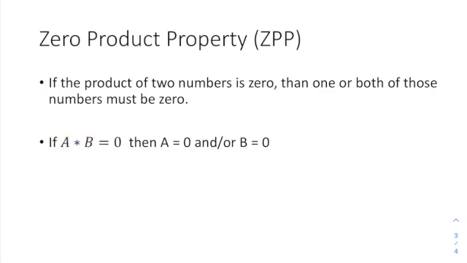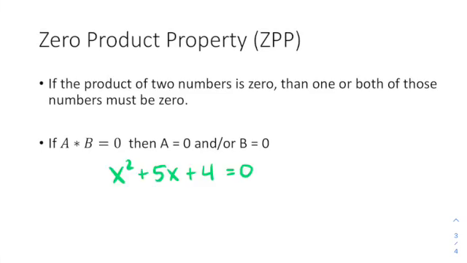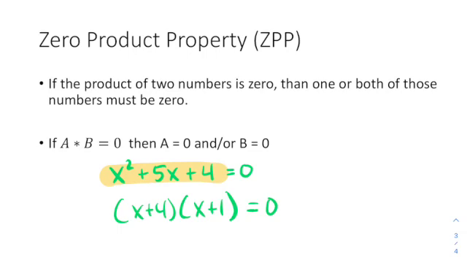So this may seem like a "so what" property, who cares? But it actually is really going to help us for solving a quadratic. Currently, we don't know how to solve a problem like x squared plus 5x plus 4 equals 0. But something you're going to learn in the next unit is that you could rewrite this into what's called a factored form. You don't realize this yet, but this expression and this expression are actually the same expression written in